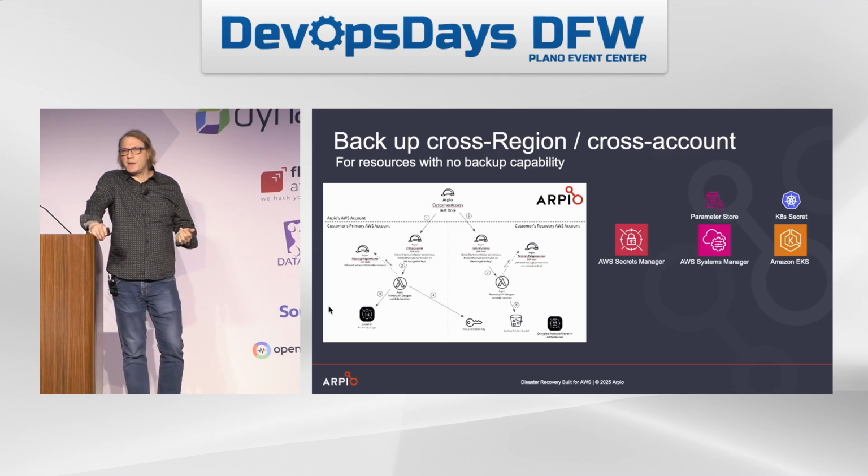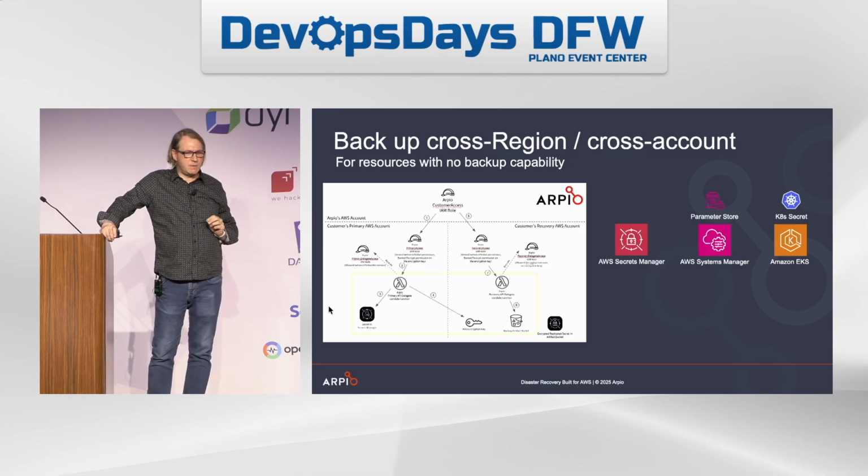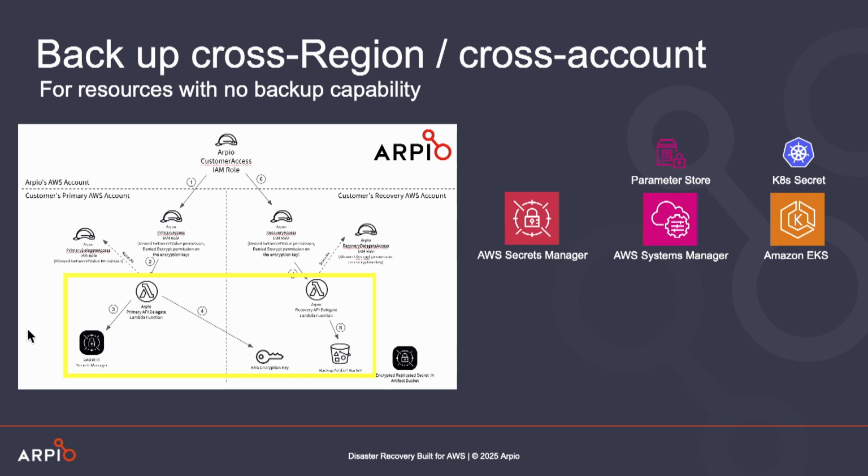So what we did at RPO is we deployed Lambdas in the source and recovery environment. Let me focus your attention down here. All the other stuff up top is about authentication. But focusing down here, we have a Lambda on both sides. That Lambda can literally read the secret and do the trick we did before, which is get a key from the recovery environment, encrypt the secret with that key, so that the secret's safe in transit, and then send it over on its way to the recovery side.